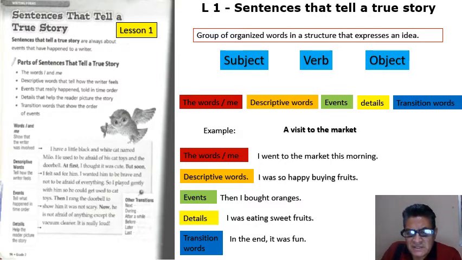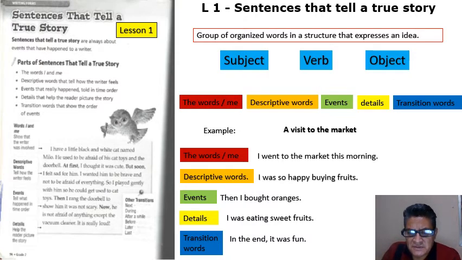And the events, then I bought oranges. You are saying that as you are walking and checking places and buying and asking, then it passes time. Those are the events. Then comes the details. I was eating sweet fruits. So not only you were walking, you were talking to people, you were buying things, but you were also eating